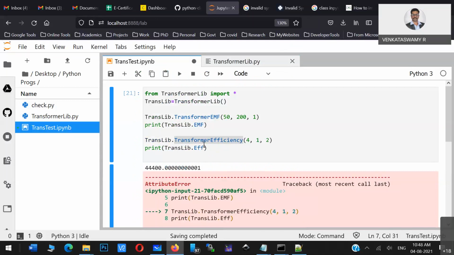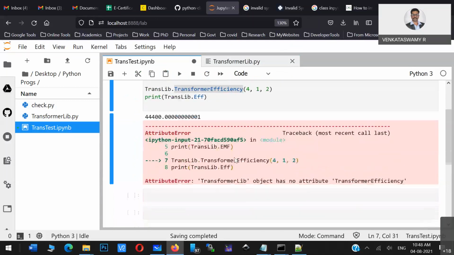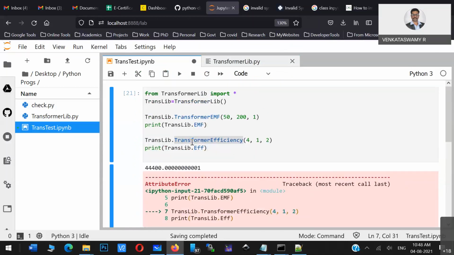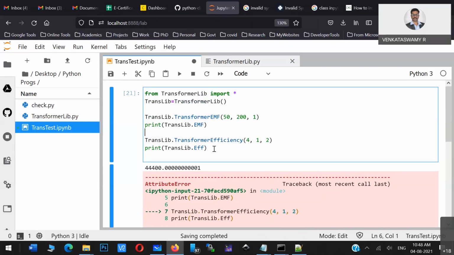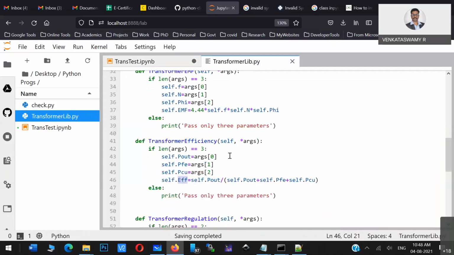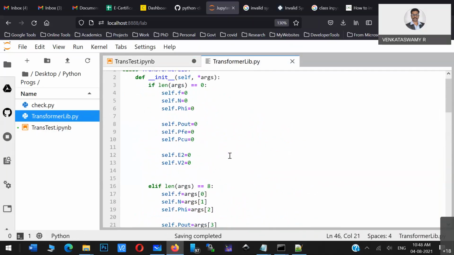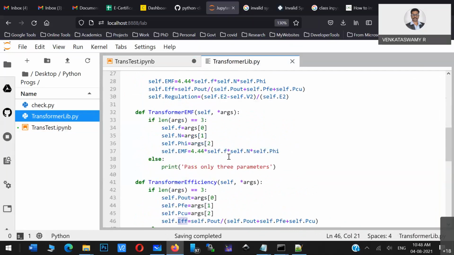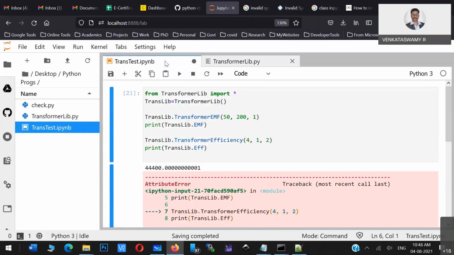Now transformer leap, transformer efficiency, for 3 variables and passing. Okay, transformer efficiency is the function name. I mean, class seems to be okay, but yeah, it is showing some problem in this part.